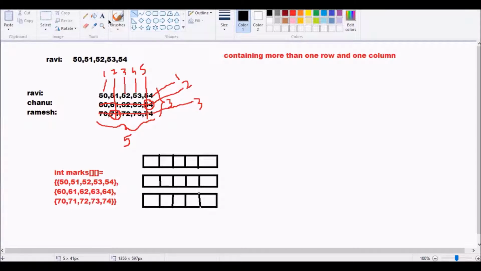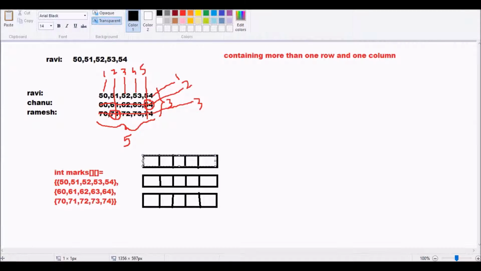Now the storing is going to happen like this: 50, 51, 52, 53, 54, and here also like this: 60, 61, 62, 63, and here 64.